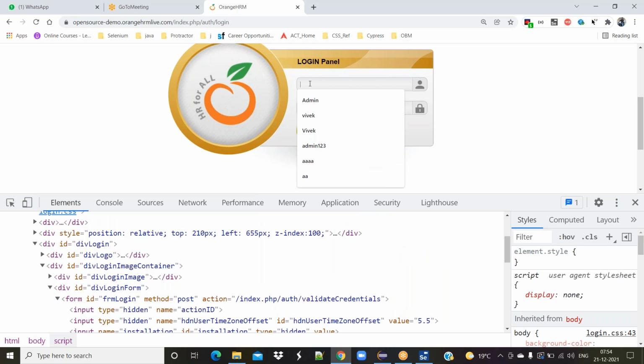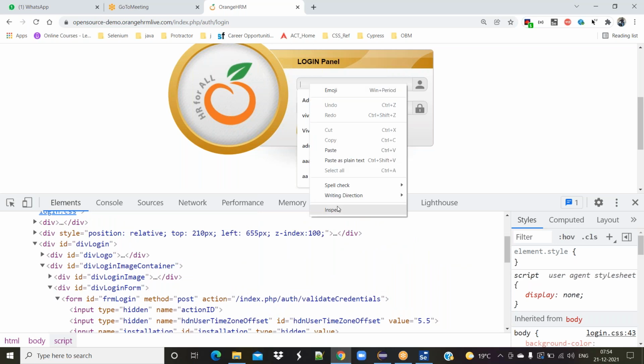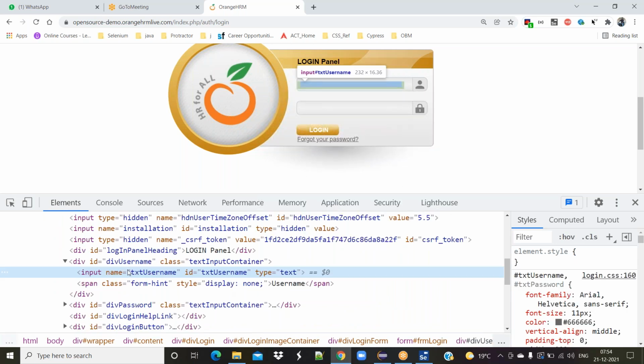If you see here, I want to identify this one. Here I have a name, ID, and type. Can I use this type attribute? But while we are working with Selenium, Selenium supports only four attributes to identify an element. Only four attributes.